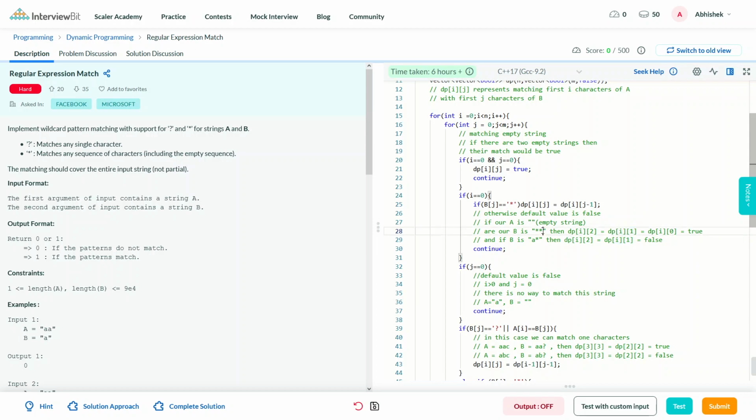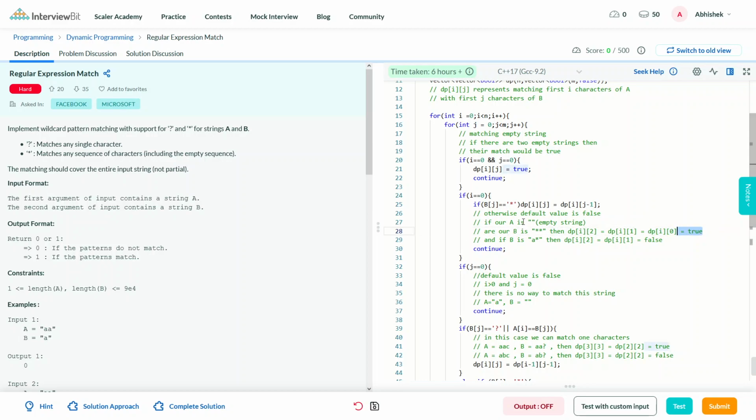That means we are replacing this star with an empty string, so we are left with only one star in B, that is dp[i][1]. Then we check the value of dp[i][1] by replacing this star also with an empty string, so our answer would be equal to dp[i][0], that is B also becomes an empty string, and matching two empty strings returns true. That's what we are returning here.